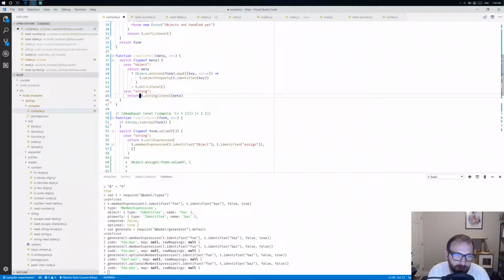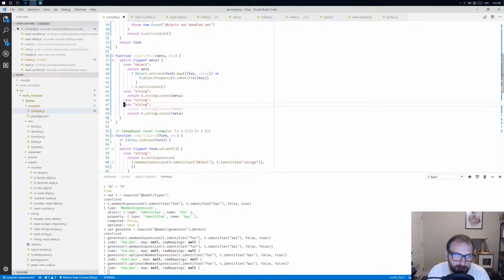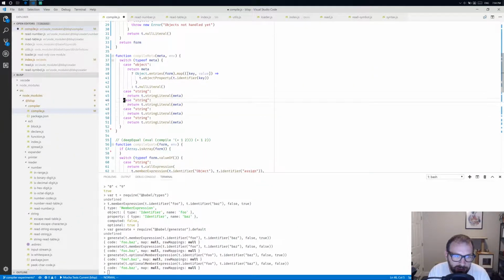Okay, and then we're just gonna repeat that a bunch and change it. Number to numeric literal, and then boolean to boolean literal, symbol,